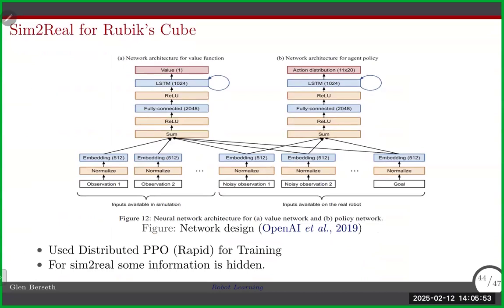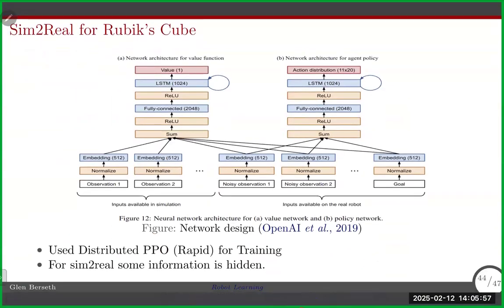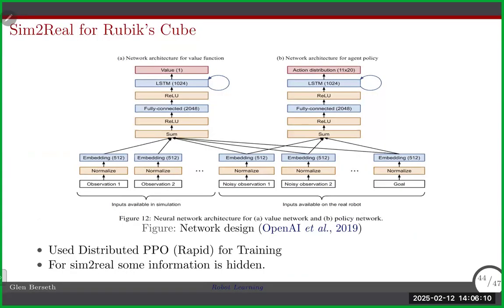All right. I just wanted to talk about two other examples here. One is the other paper that was assigned, and this is OpenAI's Rubik's Cube. This is a robot hand that's figuring out how to organize and rotate a Rubik's Cube. This ends up being complex to train, but the goal of this particular design is to